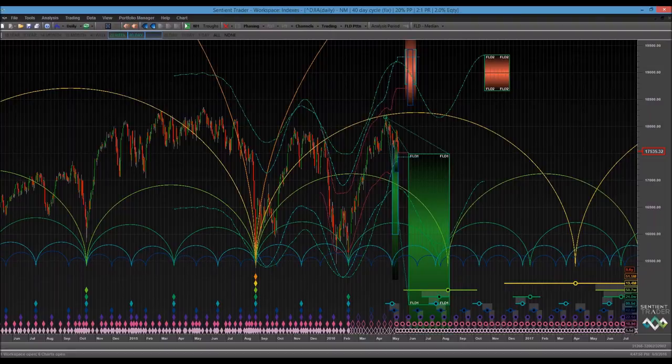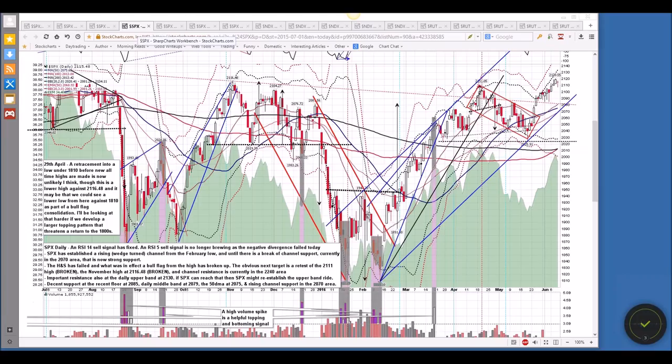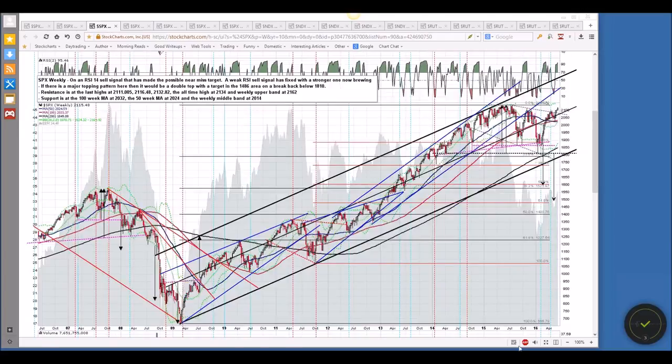Do you want to throw me the chart back? Because I'll show you the obvious topping pattern that is forming that could deliver that retracement, and where it might go. So pass it over. Yep, sure. On here, I'll show on the weekly chart what this... No, sorry, I'll show it on the daily chart. This is the potential major double top that probably isn't forming here, but could be forming here.